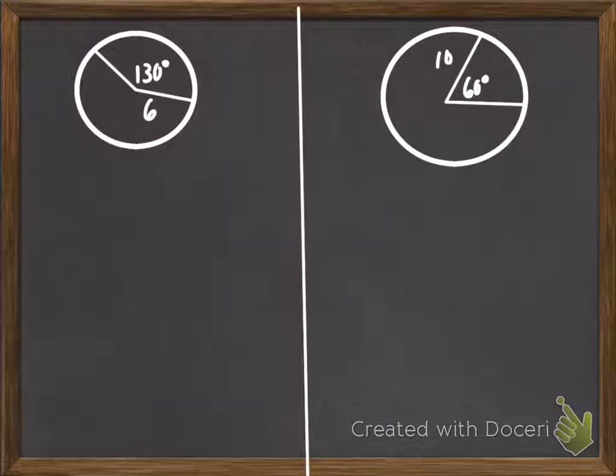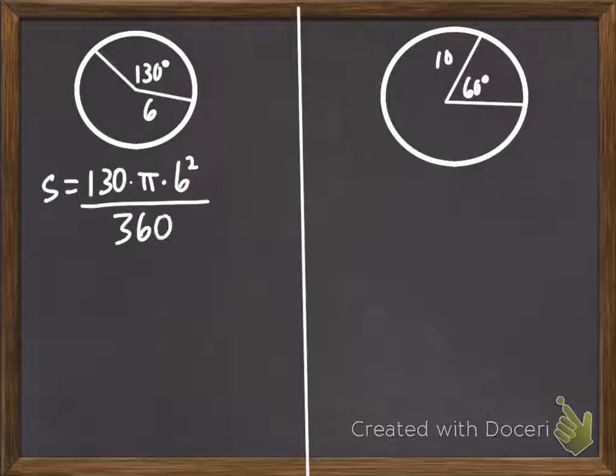So I'm going to do the one on the left as an example and leave you to do the one on the right. So our sector area, I'm just going to call it S. It's going to equal the measure of our central angle, so 130 times pi times 6 squared divided by 360. And I'm not going to mess with trying to simplify this. I'm just going to go right to my calculator. And I got 40.84